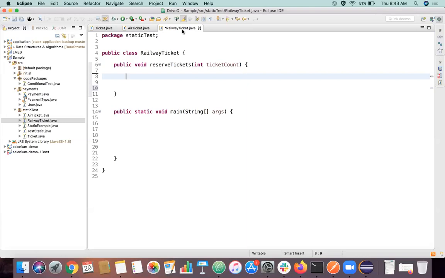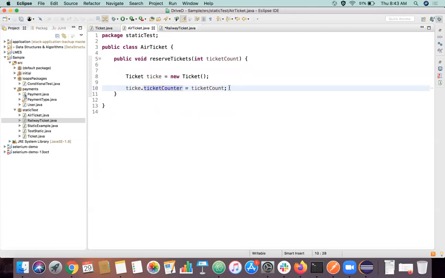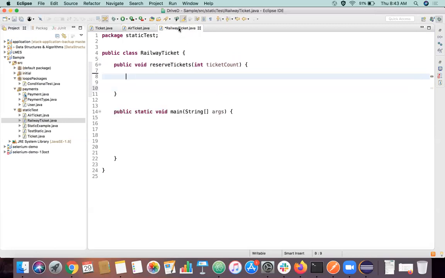No, you're saying that to increase the value from where, sorry? To increase the value from whatever we set it here. We are setting 3 here, and from that 3 it should increase to whatever ticket count we pass in this argument. How can we do that?